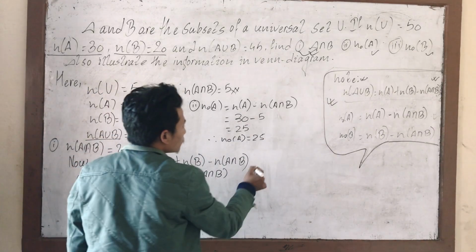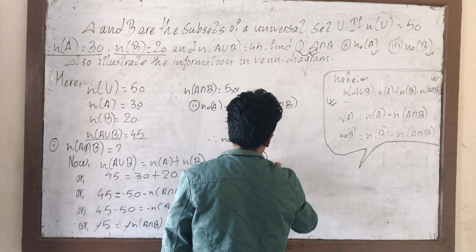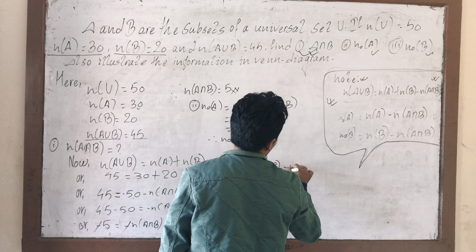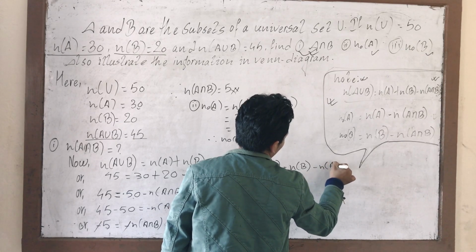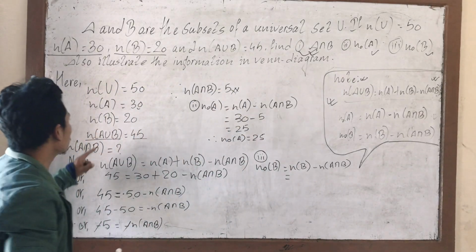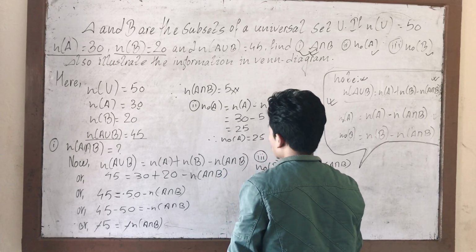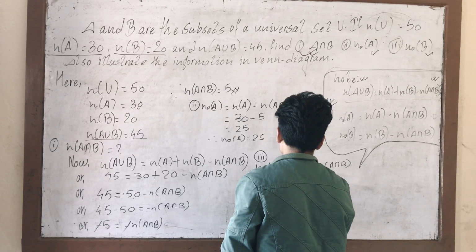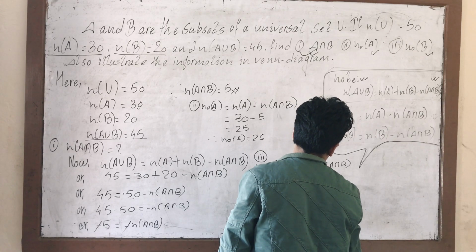Right? So we still need to find out question number 3, the number of B only. For that we will be subtracting from the number of B. Number of B minus number of A intersection B. How much is the number of B? It's 20 from the equations. Minus the number of intersection, which is 5. We have just found it out. Subtracting with that, we'll get 15. So therefore the number of B only is equal to 15.